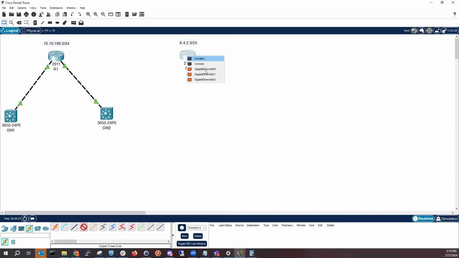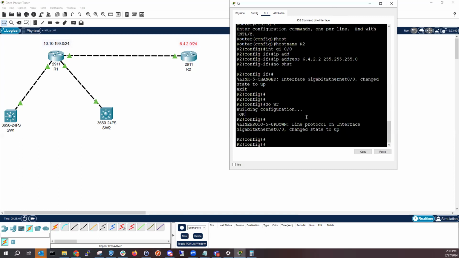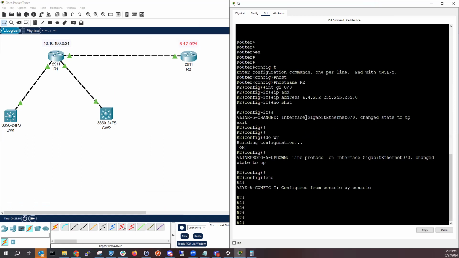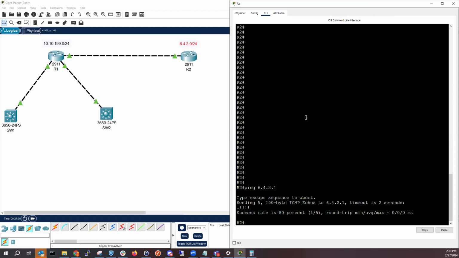And let's get them connected. Perfect. So we got them connected. With them connected, I should have layer 3 reachability just on the link. So let's go ahead and try. Let's go to R2 and try to ping 6.4.2.1. I get success. Let me try to ping